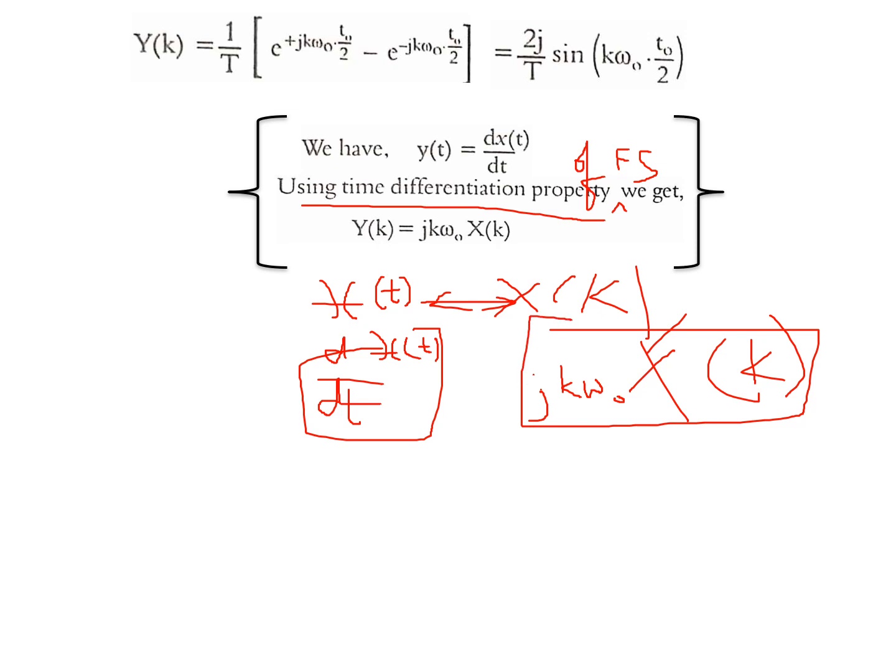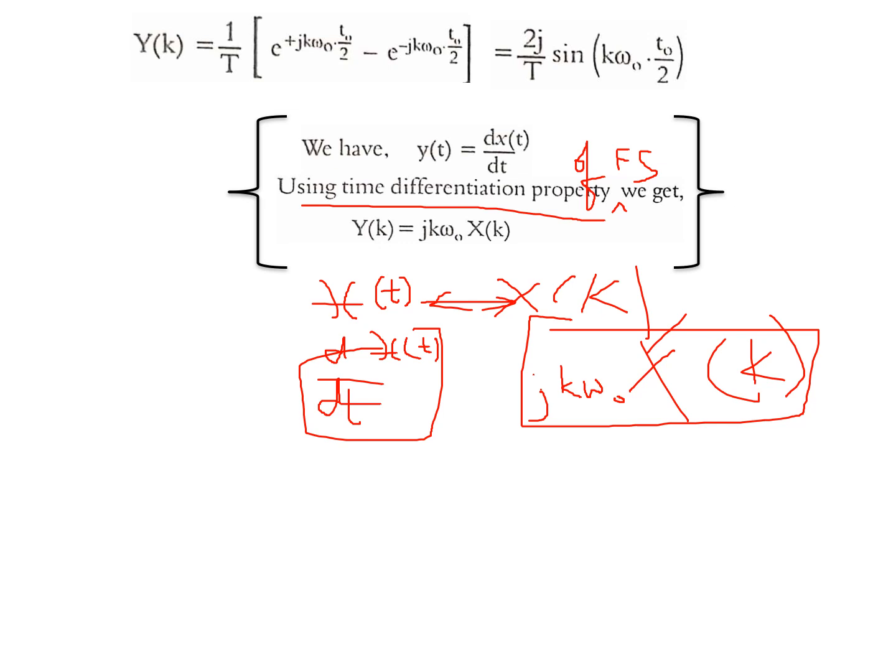If you apply properties of the transforms, sometimes you will find a shortcut method to arrive at a solution in a fast manner. All the transforms have their own properties. By using those properties, we can find the Fourier transform or Fourier series of a given signal in the easiest shortcut way. That's always the advantage of applying the property of the Fourier series or any other series or transform. So this I'm going to use now.